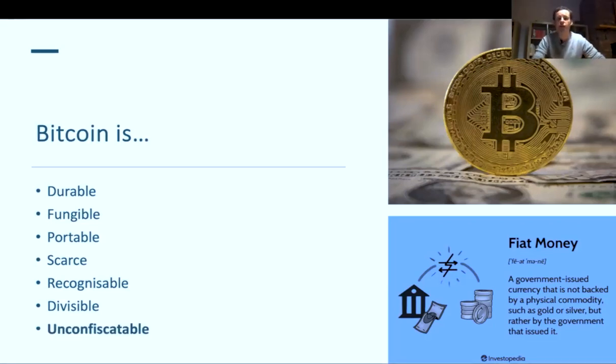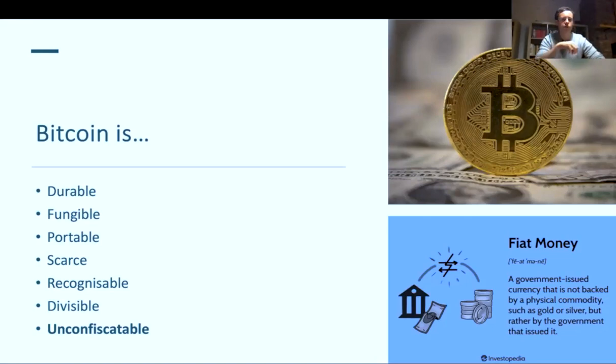And that is that it's unconfiscatable, i.e. you can't confiscate it. Unlike when you keep your money in a bank, with Bitcoin and cryptocurrencies, you should hold and secure them yourself, meaning that a bank or a central bank or a government can't lose it, can't invest it unwisely on your behalf, can't go bankrupt, or simply can't take it. You have financial sovereignty over your own money and you can hold it yourself.